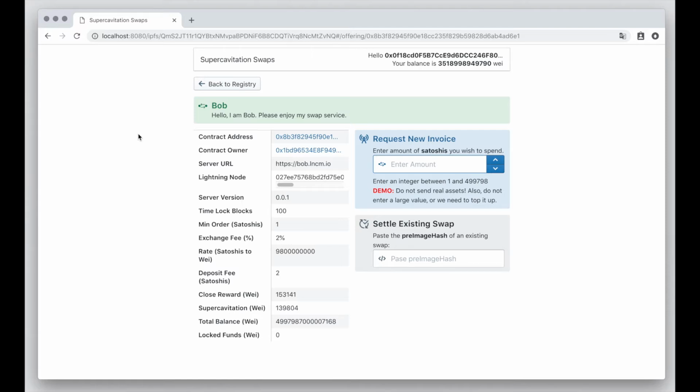Alice's browser verifies that the messages she receives from the server are signed by the same address that owns the swap offering contract. Each swap offering has various different configuration options, including a time lock, the number of blocks that the swap must be settled within, a minimum order amount, an exchange rate, or how much profit Bob is making from converting Satoshis to Wei, Wei being the smallest unit on the EVM side,